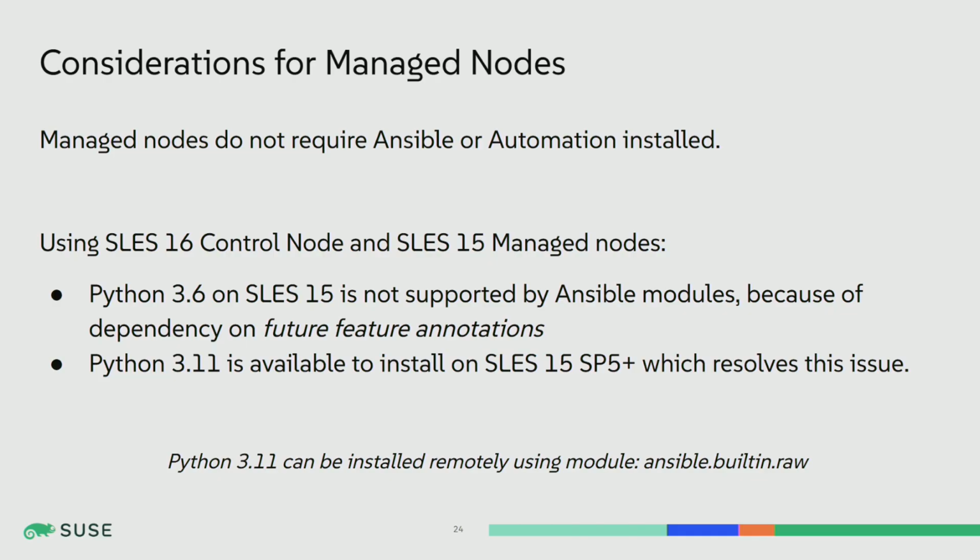My example playbook that I'll be showing later on contains this module, so there's no complication, it's just installing Python. So this was the main consideration that needed to be explained, because you cannot expect this kind of backwards compatibility out of the box. The situation is a little different if you are using cloud images, because those have Python pre-installed.